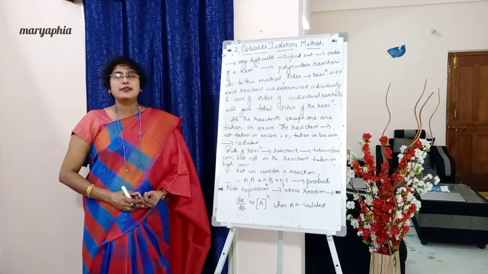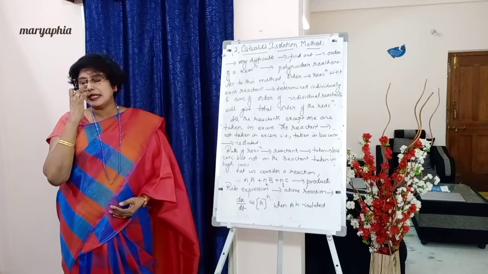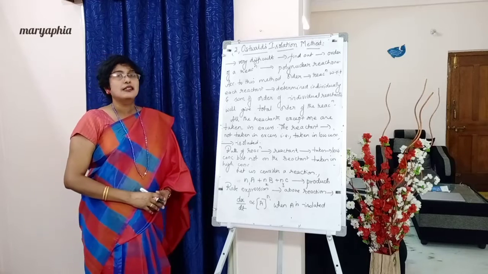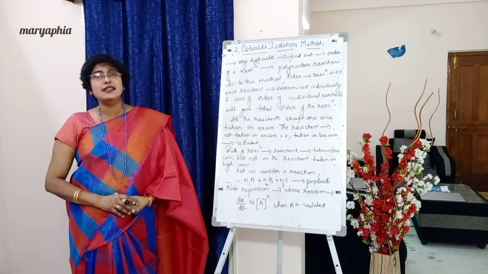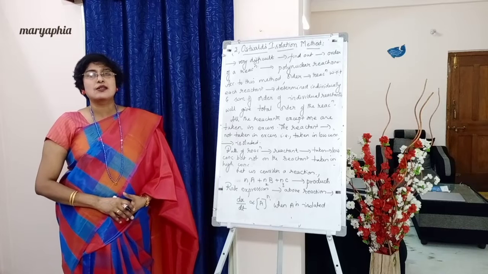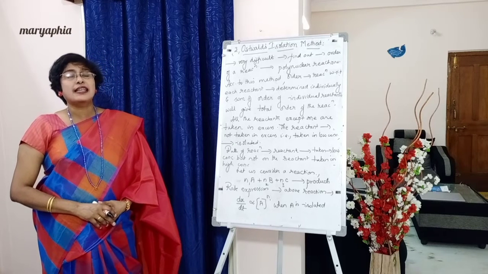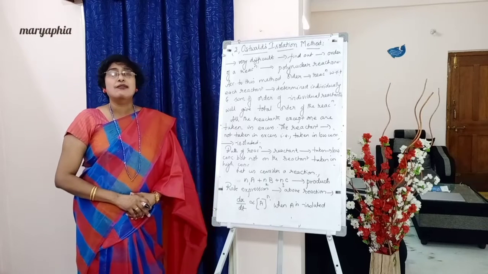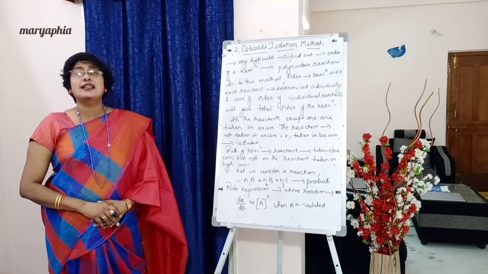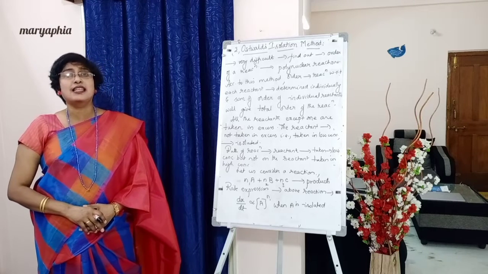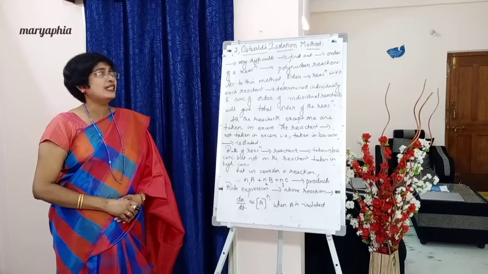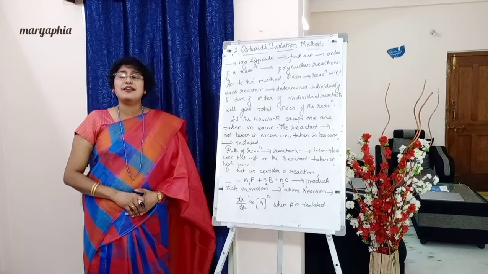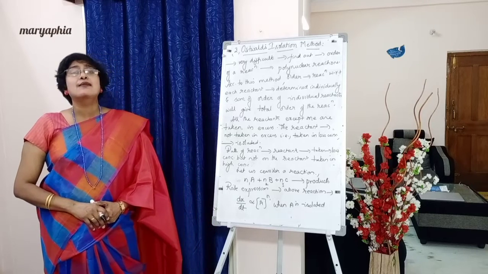Third method, put the side heading. Ostwald's isolation method. Third one, Ostwald's isolation method. Okay, so this method we use in the case of reactions where there are more reactants, where determining the order of the reaction is very difficult using the other methods. Okay, so here Ostwald's isolation method helps to determine the order of polynuclear reactions where the reactants are more in number.